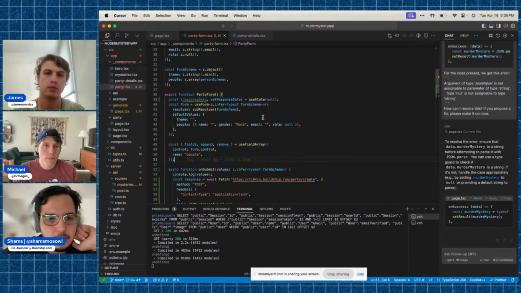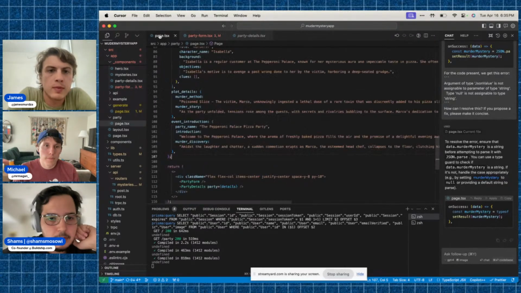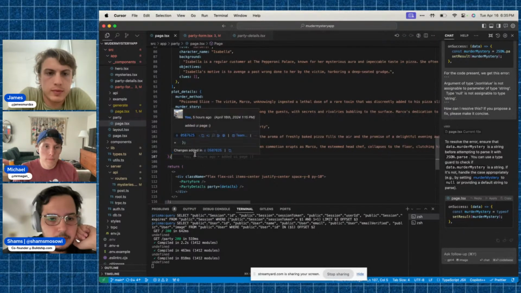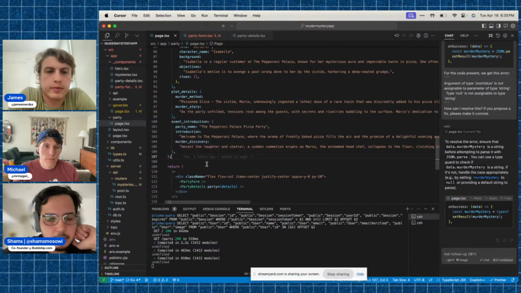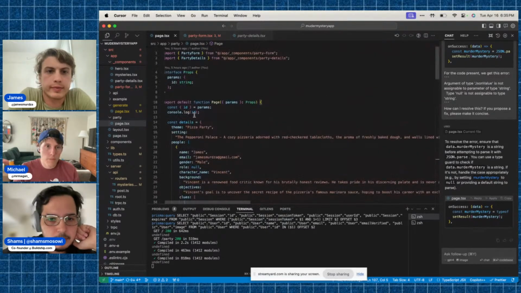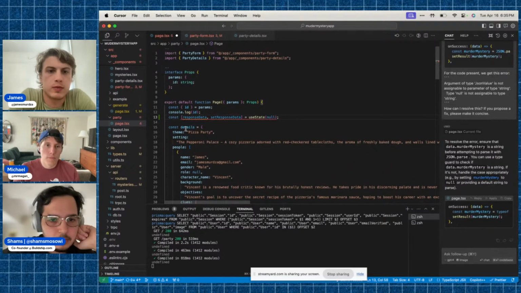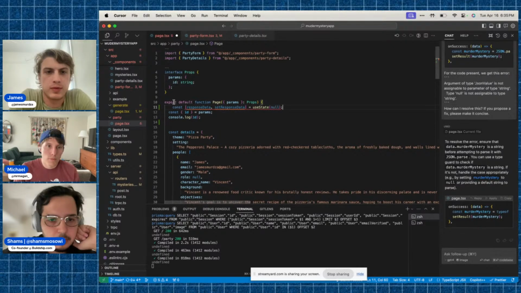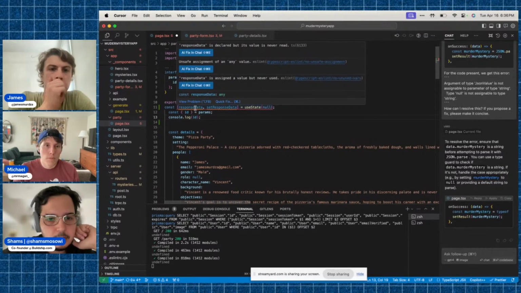Yeah, and then you copy that line, and you want to put it at the beginning of that component, and we want to rename it to details and setDetails.